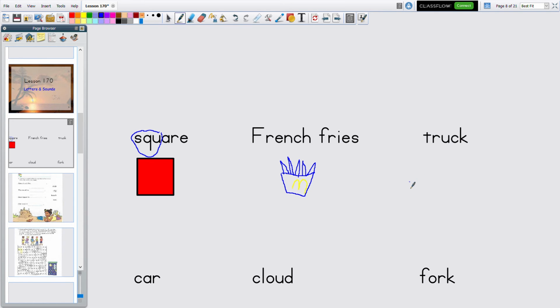Truck. Oh, let's see. I like a pickup truck. I got a pickup truck. Sometimes that's a really strange looking truck. Kind of big in front. Okay, so